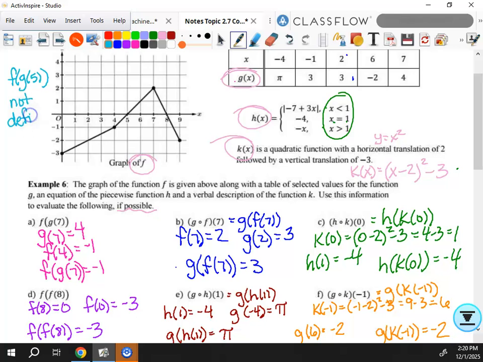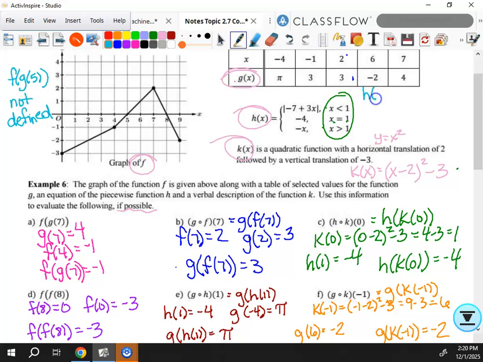It depends on how it's asked. Either one of them. I can't even spell. Not defined or not possible. Not that it doesn't exist, because again, it very well may. We just don't know. Then the other thing I want to ask you about is with this piecewise function, what if